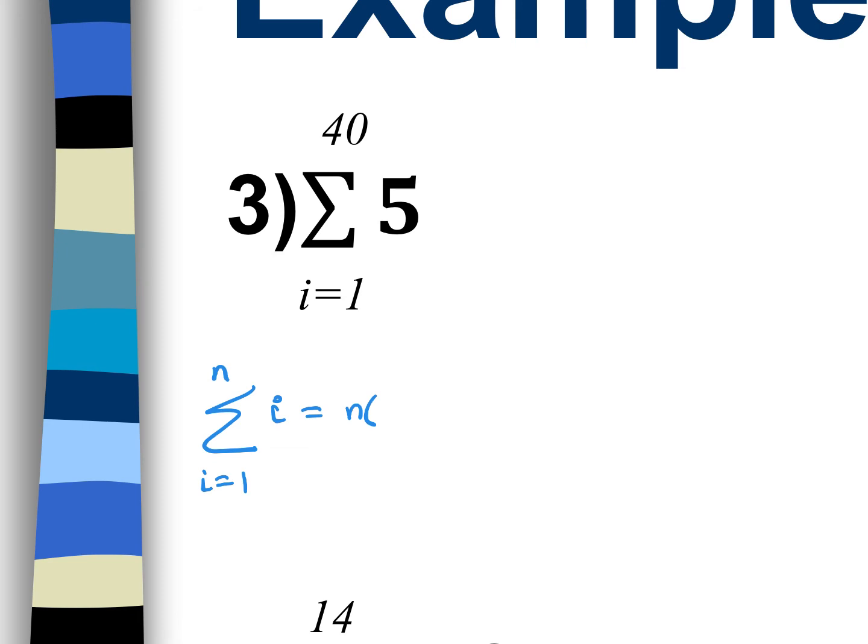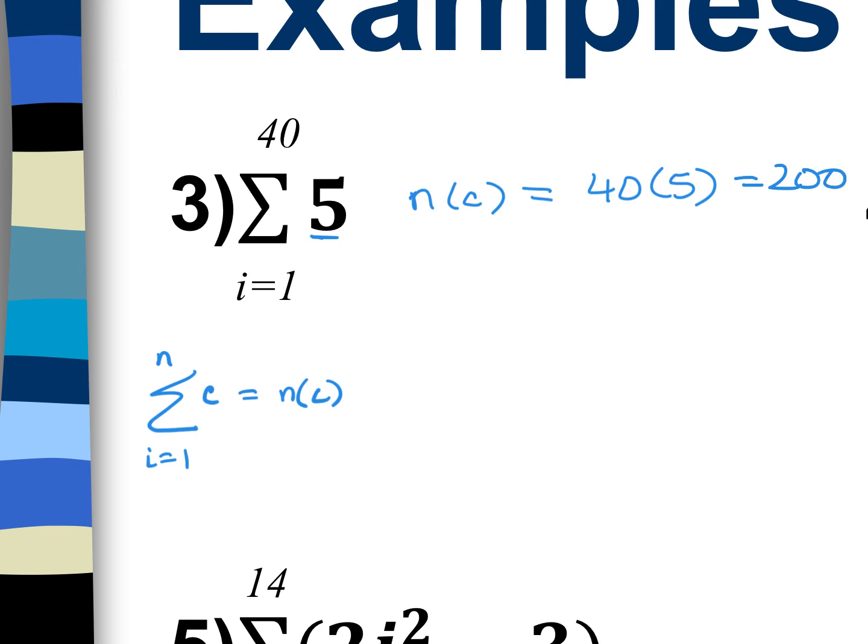Actually, instead of an i, it's a c, because it's a constant. So n times c. Here, because there's no variable, all I have to do is n times c, which is going to be 40 times 5,